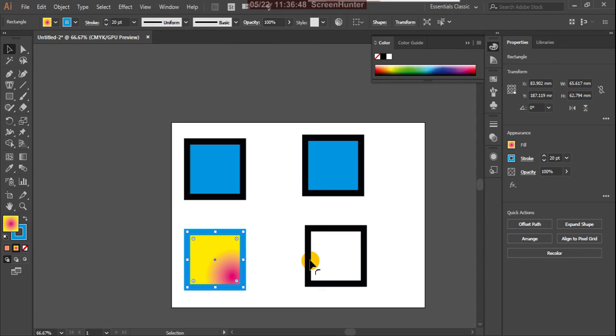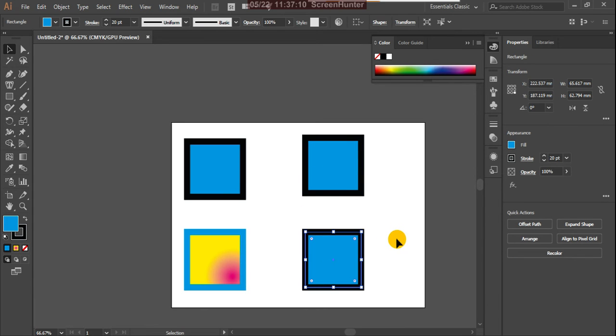After selecting that box, press the eyedropper tool. Now press Alt and click here. Suppose it is not there because the color is not there, so for the time being I'll give some color, otherwise you can delete this and move here. Now with the eyedropper tool you click there, so it is copying this side. But now what I'll do, select this one and press the eyedropper tool, and by pressing Alt, see,